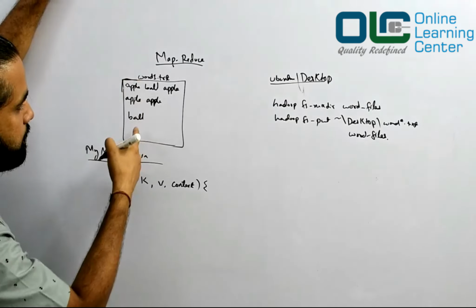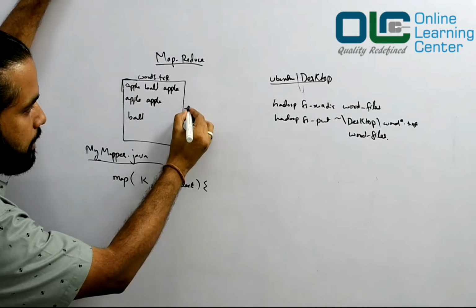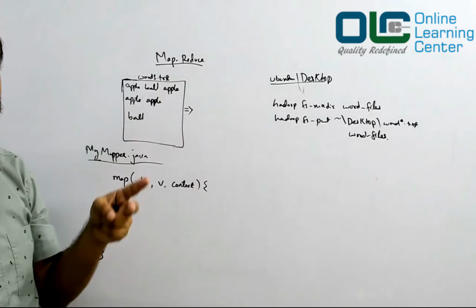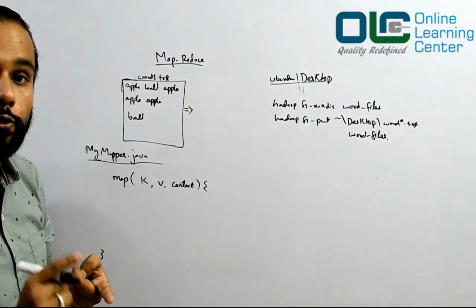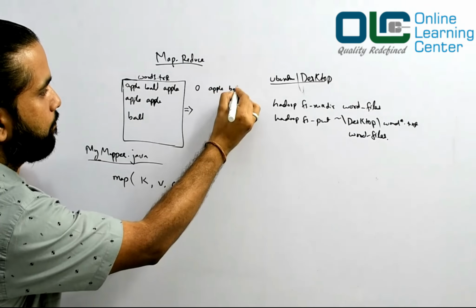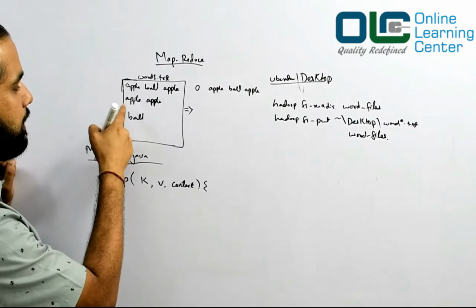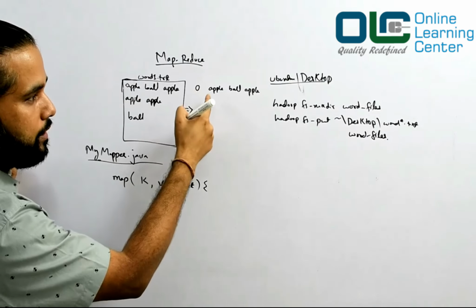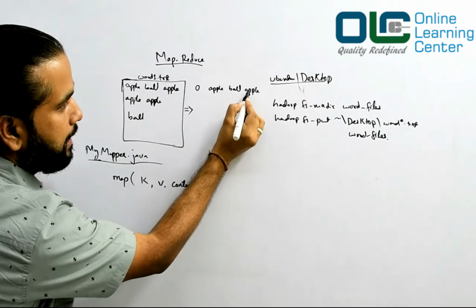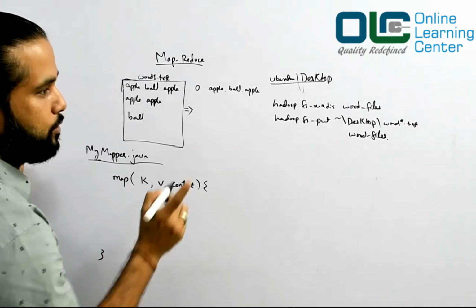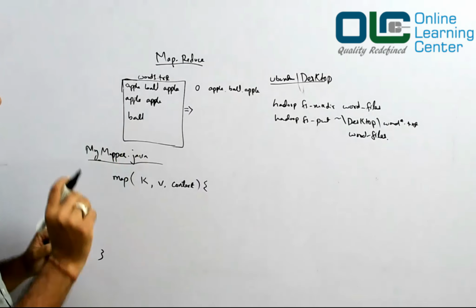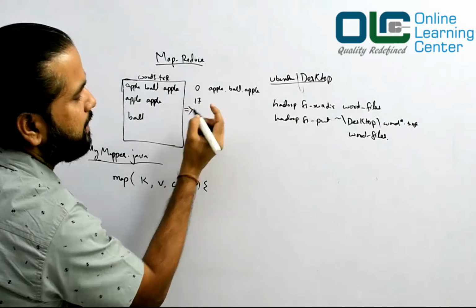For example, this is your file. This file would be converted into key value pairs. This file is basically lines, 3 lines, and these 3 lines will be converted into key value pairs. The first key would be 0, and the value is apple, ball, apple. For the second line, you had 0 here. Now how many characters do you have? 1, 2, 3, up to 16. You have 16 characters altogether, and probably one slash-n also, so let's say 17 characters. So 0 plus 17 is 17, and 17 would be the key next time.